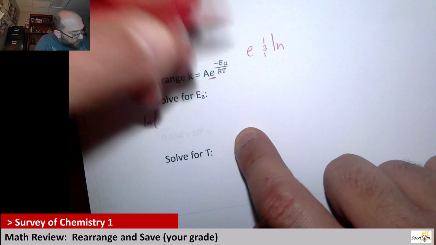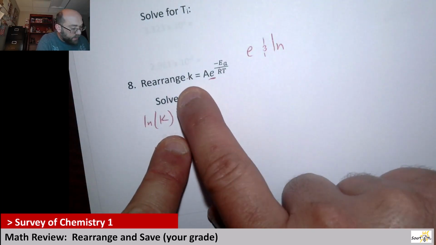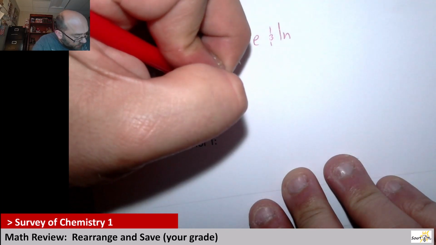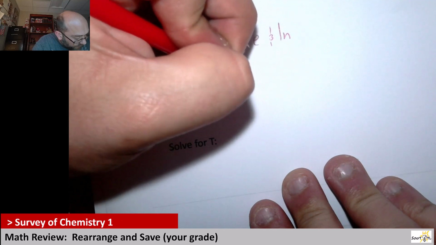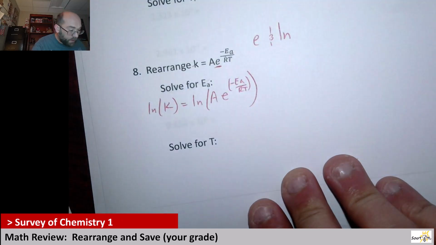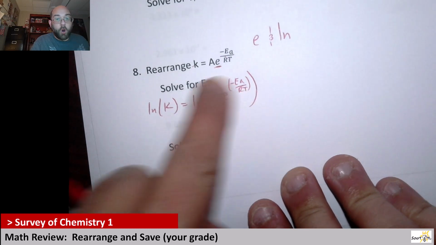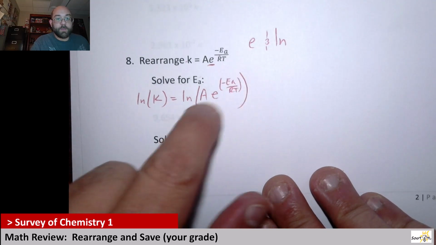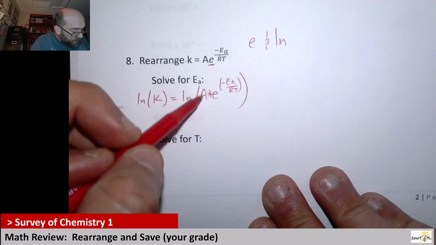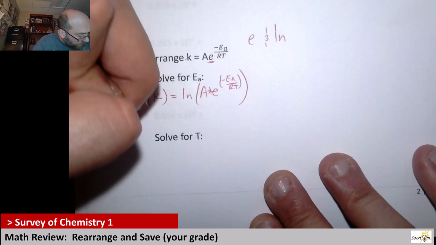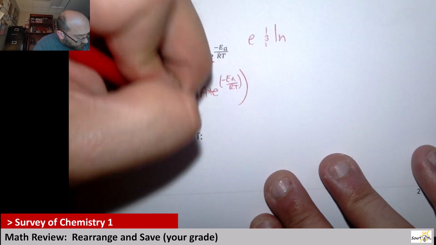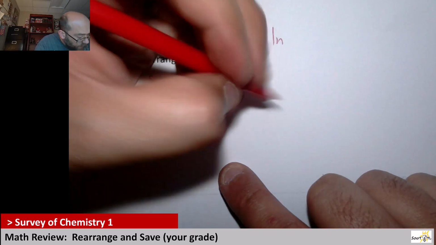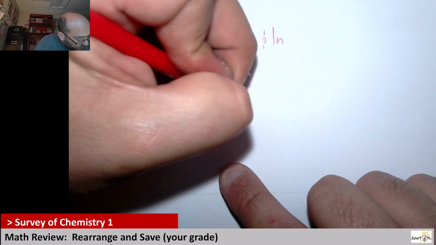both sides. So I'm going to start by writing this equation as natural log of K, because I'm taking the natural log of both sides, is going to be equal to the natural log of A, and then our E operator up to the negative EA over RT, like so. Now, when I take the natural log of all of this, this is A times E to this power. So there's multiplication there, we can actually separate this. So that means I can get natural log of K is going to be equal to natural log of A, and then because these two are multiplied, I can say plus the natural log of E to the negative EA